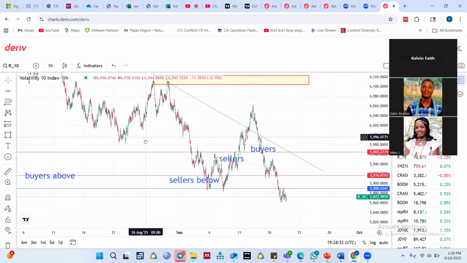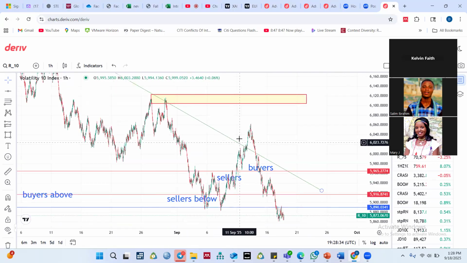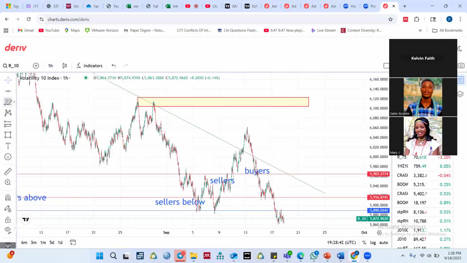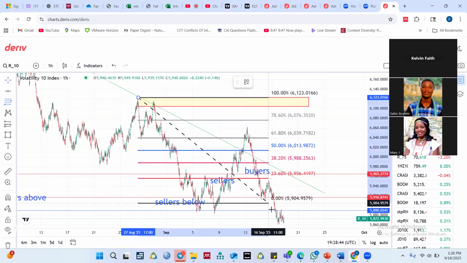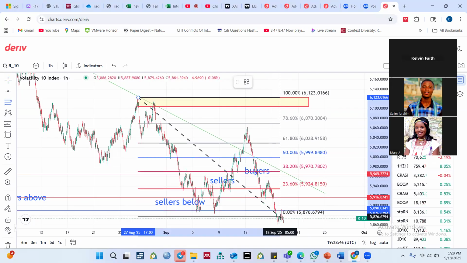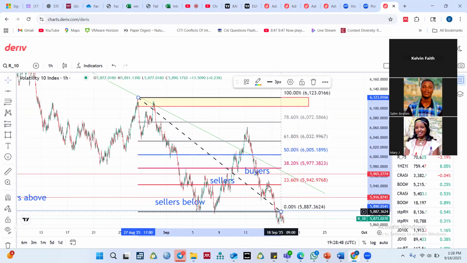So if price has been buying above this red line, where do you expect price to get to before it continues the bearish market? We can use our Fibonacci to measure from up there to this low and see price retraced 61.8%, in between that and 78. If you see that the trend